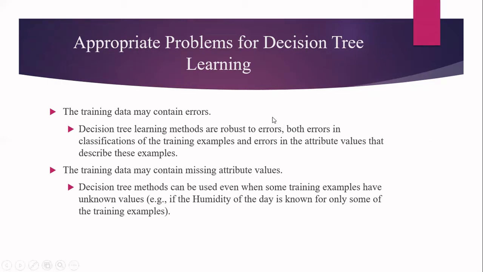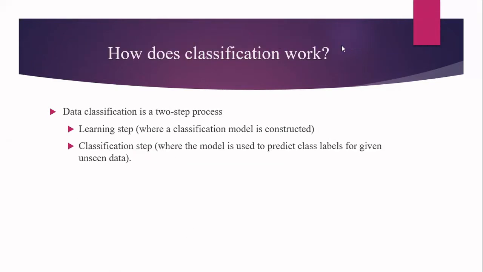And the second one is in the training example itself, which you are creating for the first time. Assume that I have one instance for which the output is yes, but wrongly I have typed it as no. In the case of a decision tree, if your attribute has some missing values, in that case also, you can make use of the decision tree algorithm to classify it properly. So this is the advantage of going for a decision tree. For these types of problems, you can make use of a decision tree.